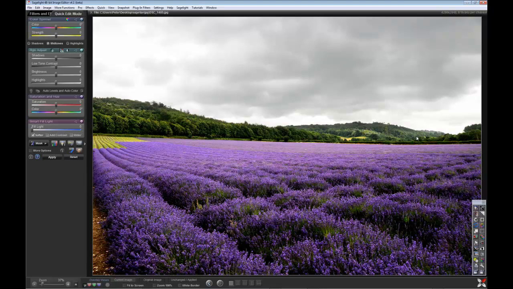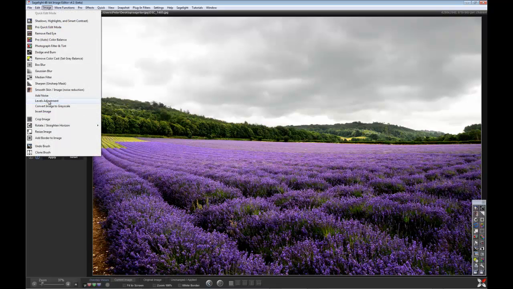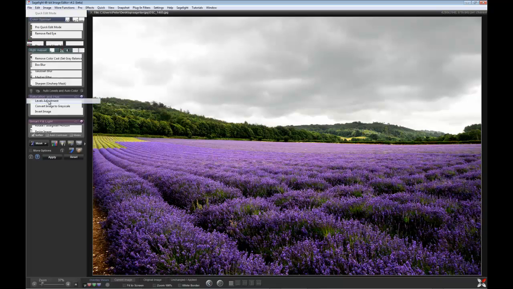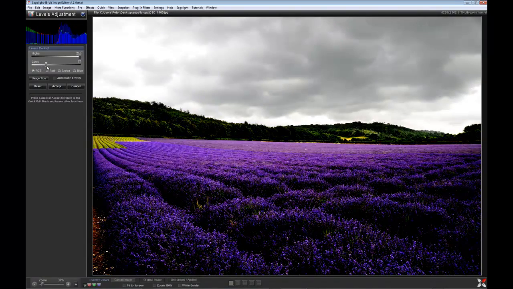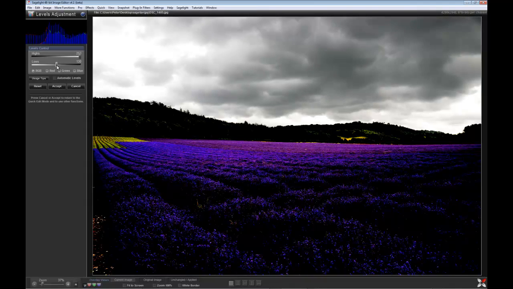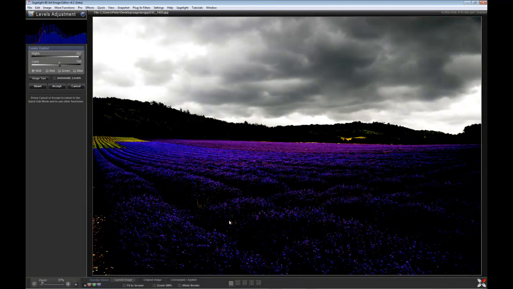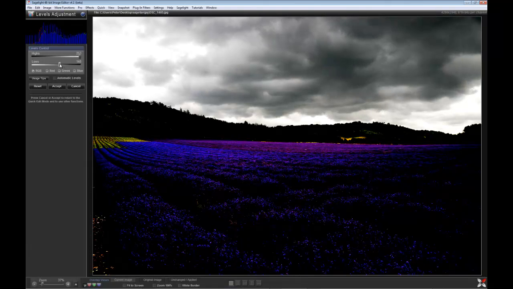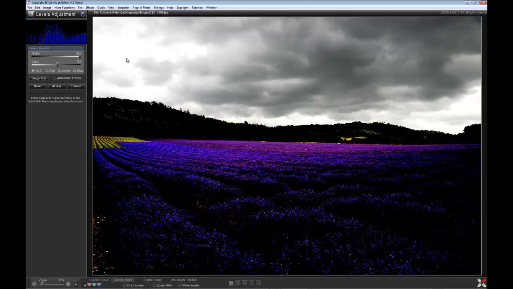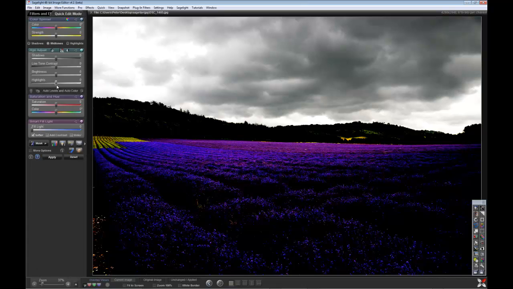So what do we do with the sky? We go back into our image menu and go back again to the levels adjustment, right? And this time we want to darken the sky way down, so we use the lows, and you can see what that's doing to the sky. Don't worry about what's happening here, because with the undo brush we can fix it, so we can make this sky really dramatic looking. Now there's not a lot we can do over here because it's pretty much blown out anyway, so let's accept that. Go back up to our undo brush,